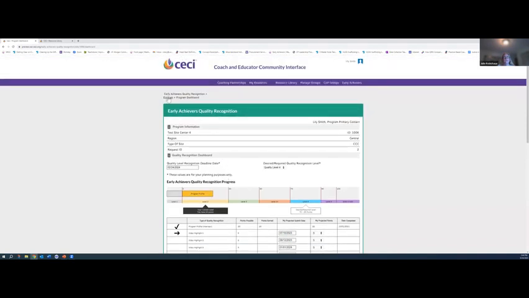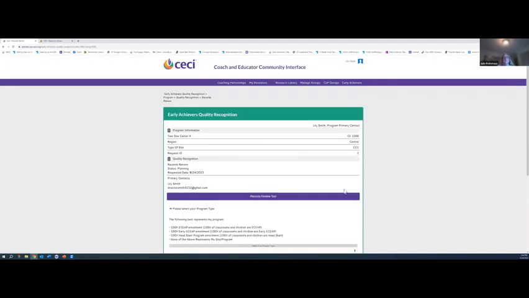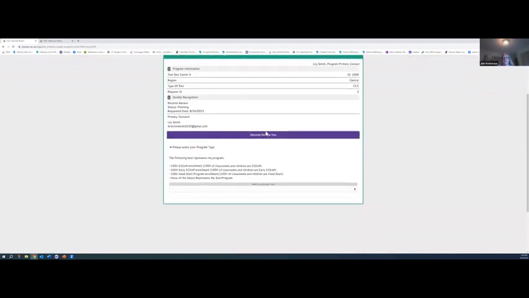They can go back up to here and go to their program button. And now they have this lavender box with records review. When they click on that, they now have access to the records review tool. And this is the planning. They aren't able to change anything about the classrooms, and they won't be able to upload any documentation, but they can still plan their opt-outs, and they have to choose what fits best for their site.